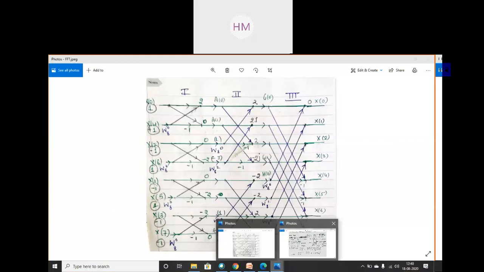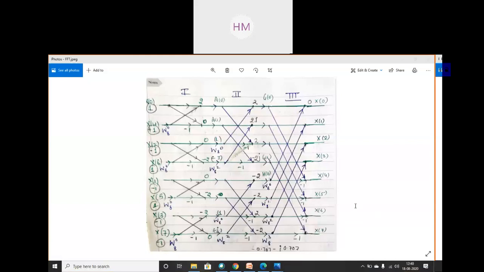Then we have to find the Twiddler factor. And what is the Twiddler factor? See, I can't write properly over here. W, on top we will write k, that means it's the power, and to the base I will write capital N. Okay, W power k and base is N. What is my k? The value of k will keep varying: 0, 1, 2, 3, 4 till 8. And what is my capital N? Here it's fixed. Capital N is equal to 8.